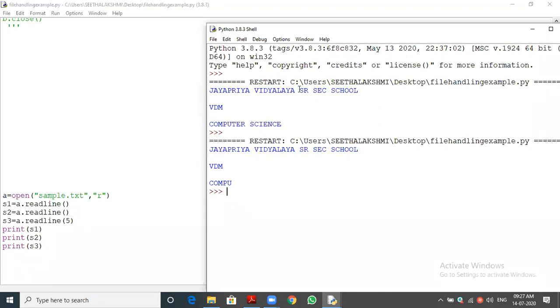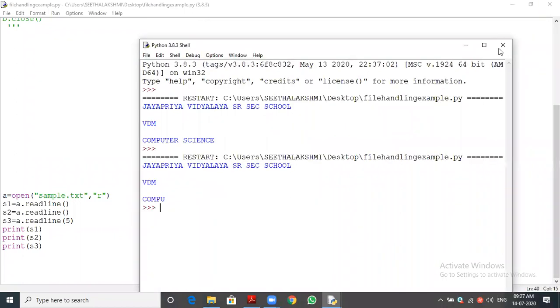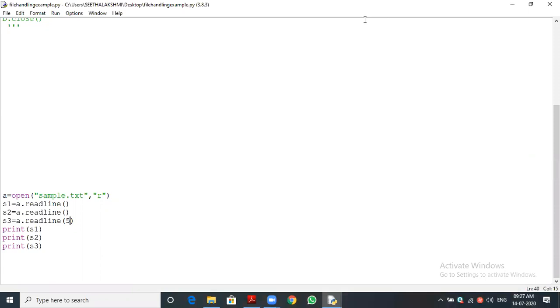Have you understood the complete read function, how to read the data from the file? Hello. Yes, sir. Okay. So please be interactive. That will give interest to the session.